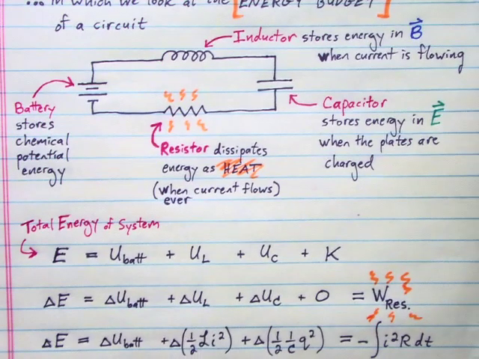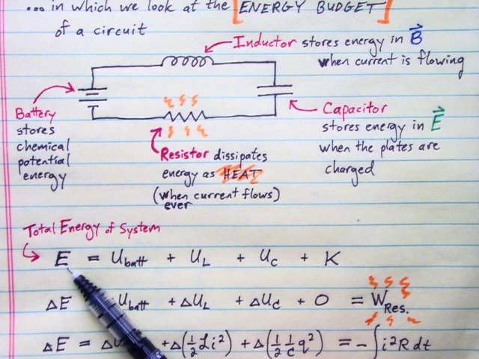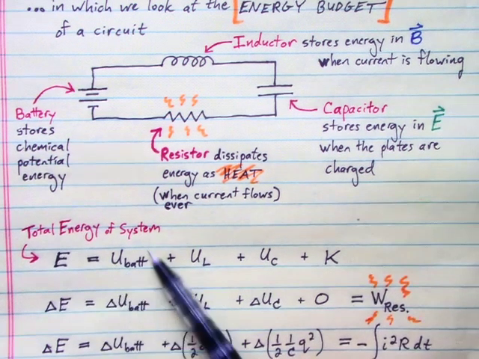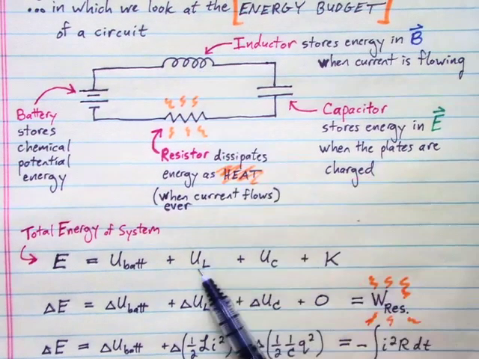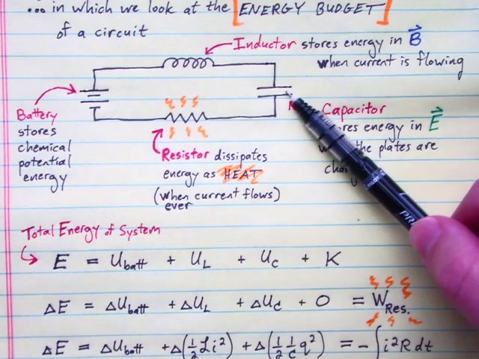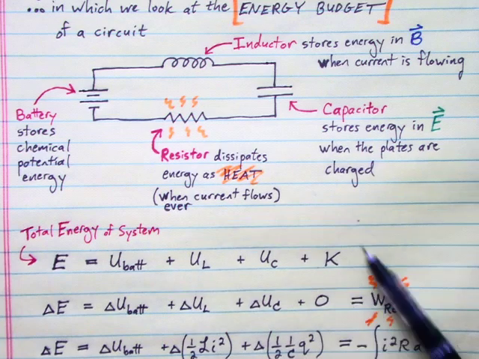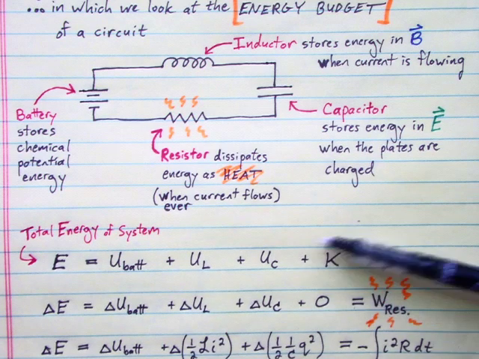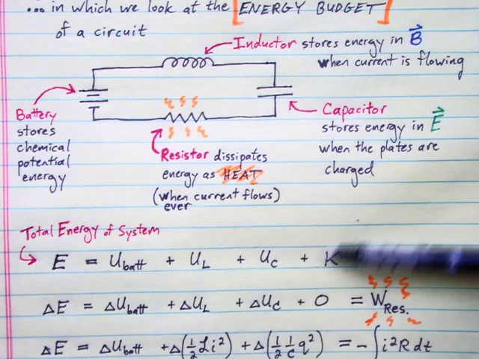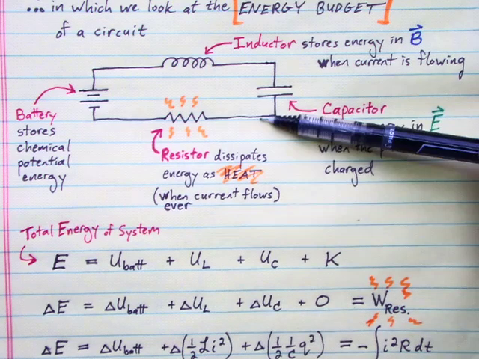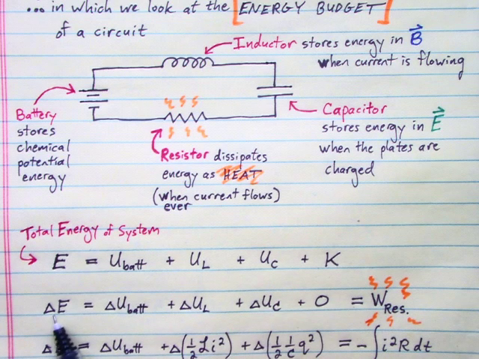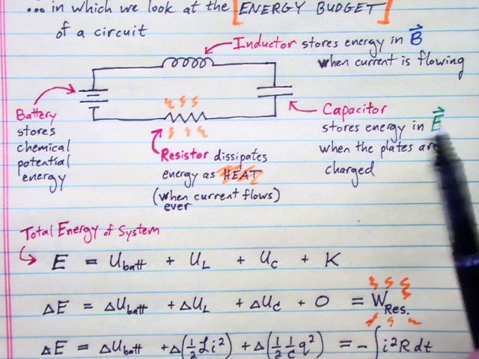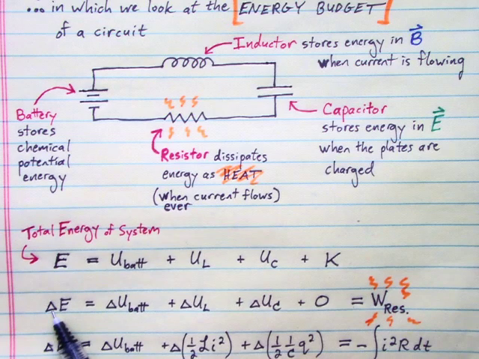So if we're going to do some accounting for the total energy of our system, we could say it comes in these forms: the potential energy stored in the battery, the potential energy stored in the B field in your inductor, the potential energy stored in the E field in your capacitor, and the total kinetic energy of all the thermal motions of the electrons inside your wires. When we look at changes in the energy of the system, say when we flip a switch and allow current to flow one direction or another,